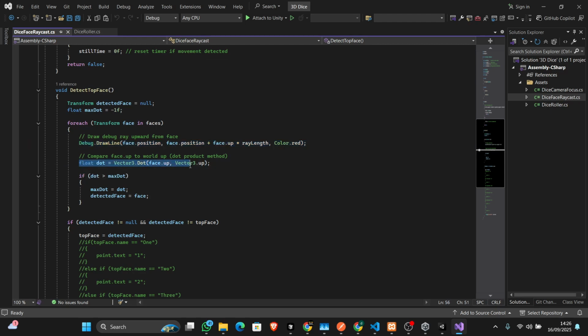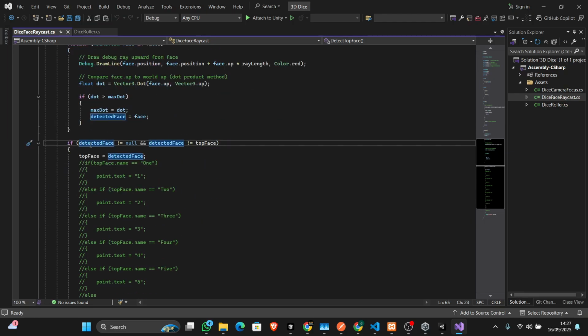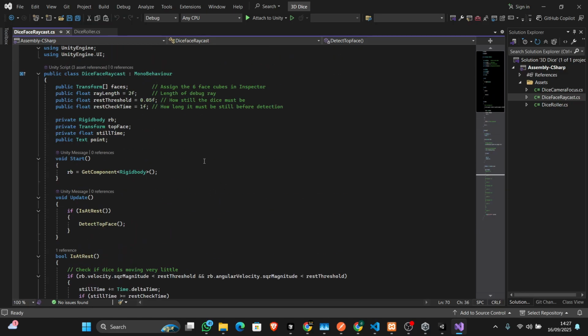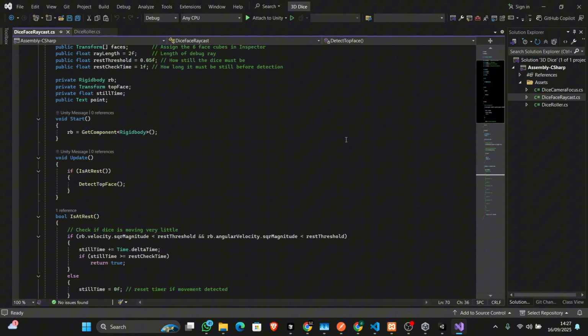Now we have the float. This just helps us know which of the faces is actually facing up. That's all this does. So here is where the detection takes place, and we run that, and then we'll be able to find out which of them is facing up. And we also have a layer where the